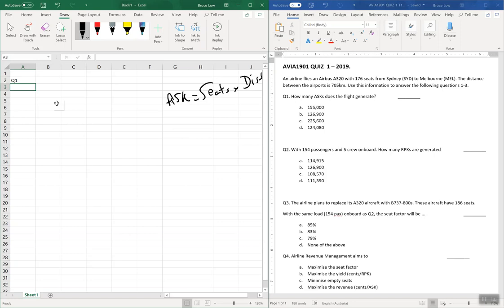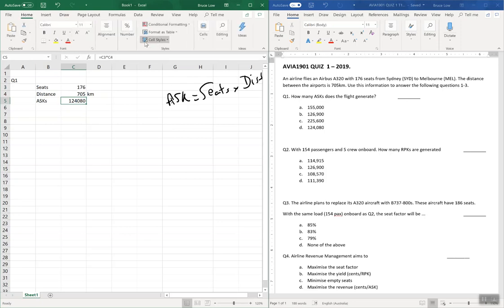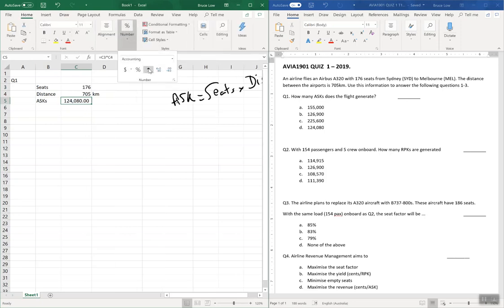Our seats is 176, and we know our distance, 705 kilometres. So ASKs is just seats times the distance, and we've got 1204. So the answer is D